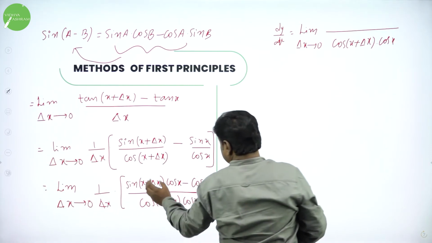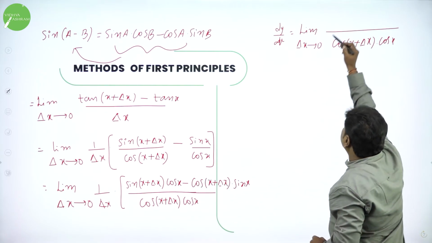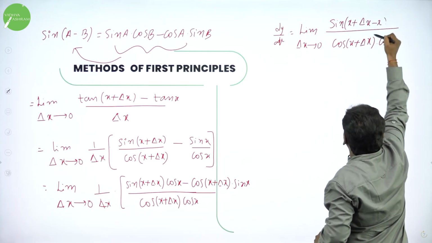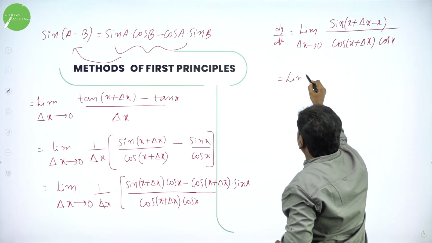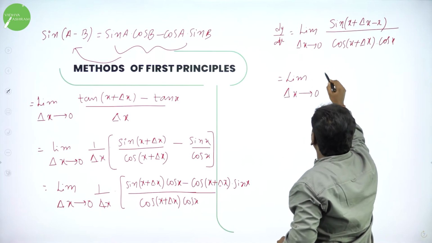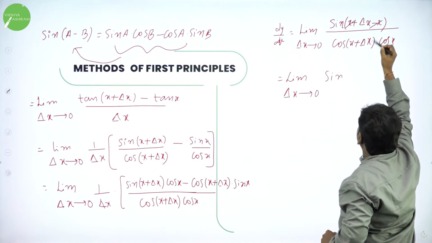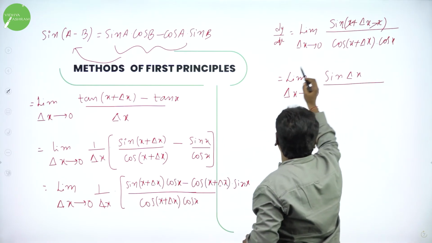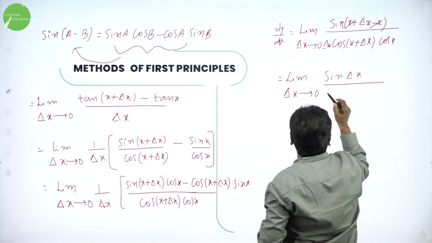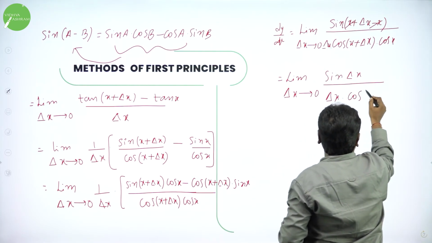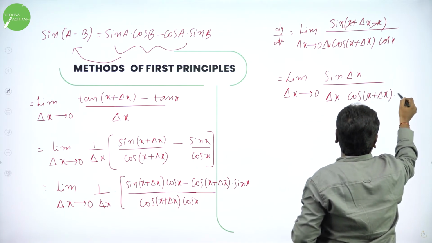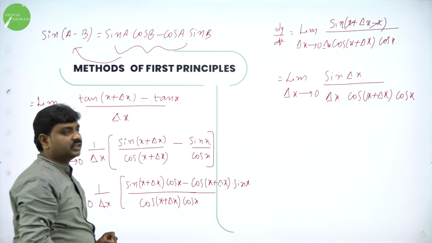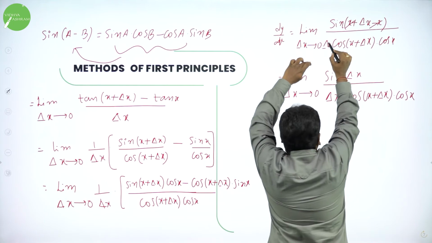So, now numerator, it is in the form sin A cos B minus cos A sin B. I can write it as sin of A minus B, that is sin of x plus delta x minus x. Further, that is limit delta x tends to 0, sin of, so you can see x and minus x cancels, we are left out with what? Sin delta x divided by, already outside we have 1 by delta x, that you carry or write delta x in denominator directly. So, I will write delta x into cos of x plus delta x into cos x. So, now see this 1 by delta x, I am taking delta x here, that is it. So, I wrote delta x here, you can see this is delta x.